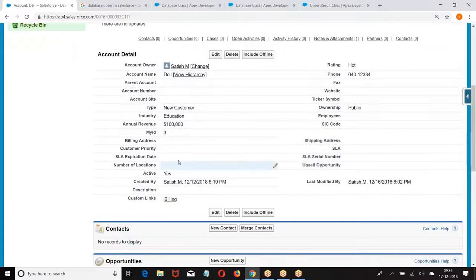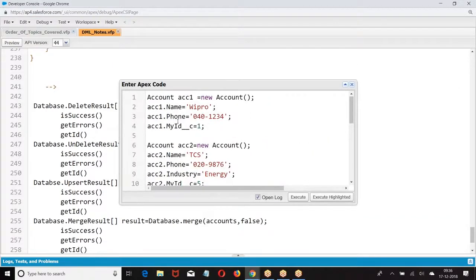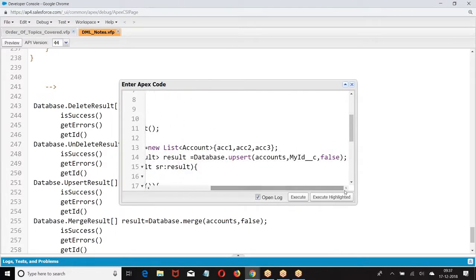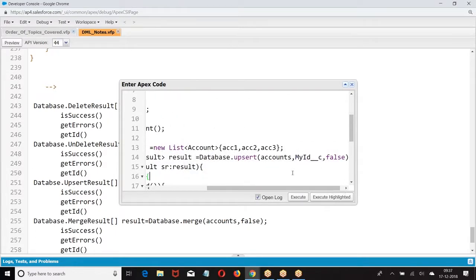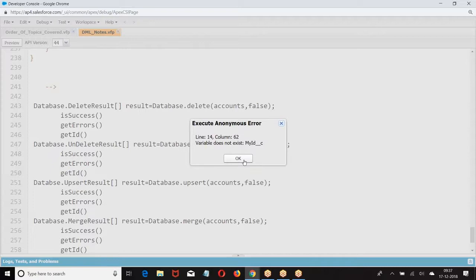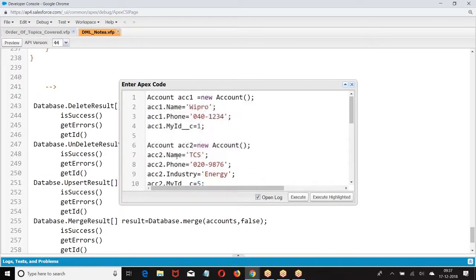What is the field I created? My ID __c. Variable does not exist. Where was that variable?